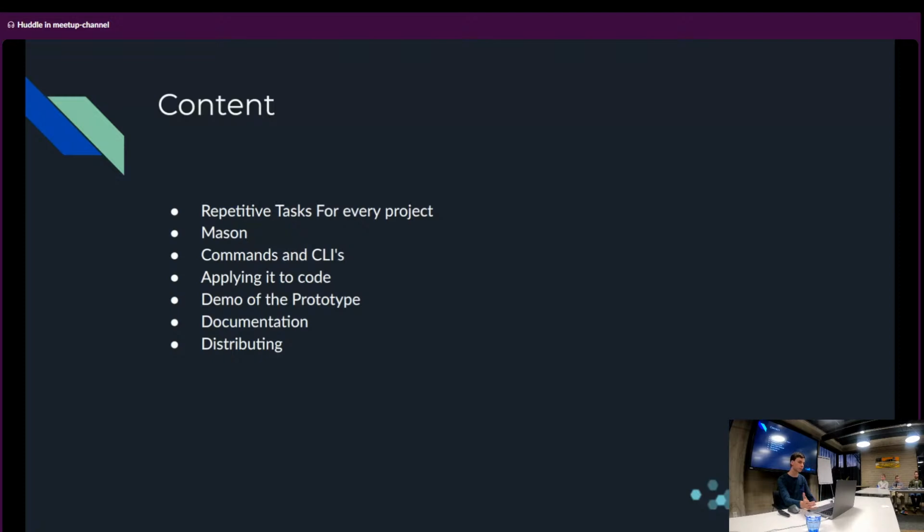Commands should be working on all platforms, so you need to think about Windows and Unix systems like Linux and Mac. And the CLIs are also used for integration with Firebase and GitHub and CodeMagic. After that, I will talk about applying it all to code, which will lead to the prototype. Then I will